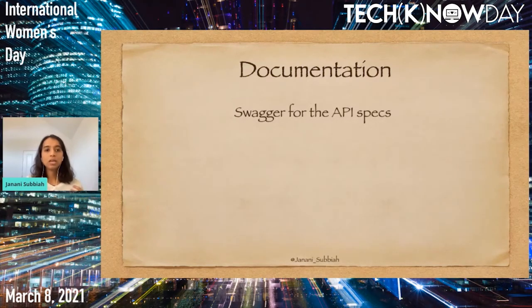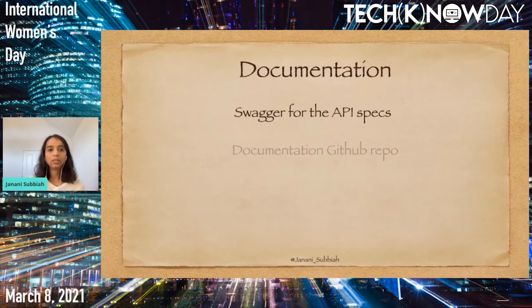The first one is using a tool like Swagger to document all the APIs. This includes all the APIs that are being interacted with in the system. So this includes things like what the APIs look like, what they do, what the request and the response bodies look like, what is expected to be presented on the API, what is required and what fields are optional. It also includes things like error messages, what comes back, what are the different error scenarios, all those wonderful things in Swagger in the form of API specs. The audience for this is mostly developers,